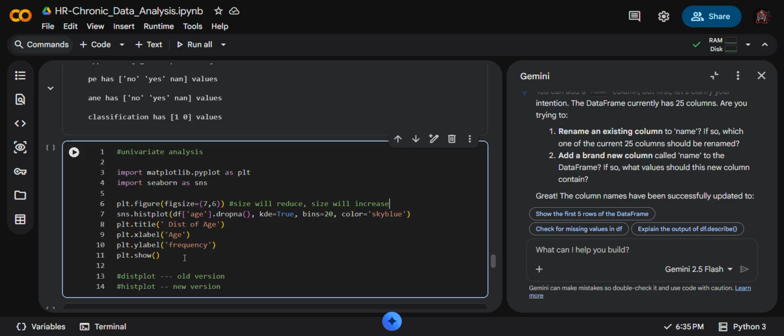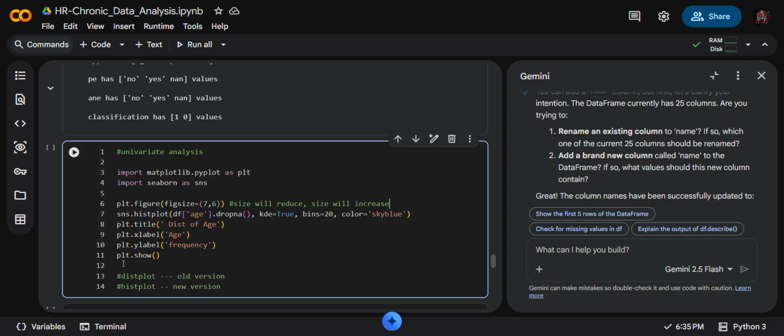If you remember things in math, in horizontal there is x, and in vertical there is y. So we did here in x label age, and in y label there is a